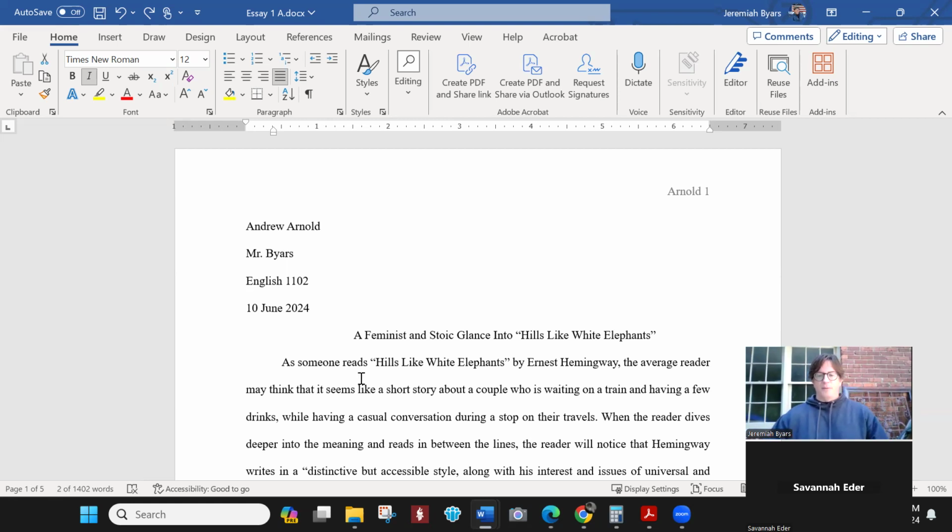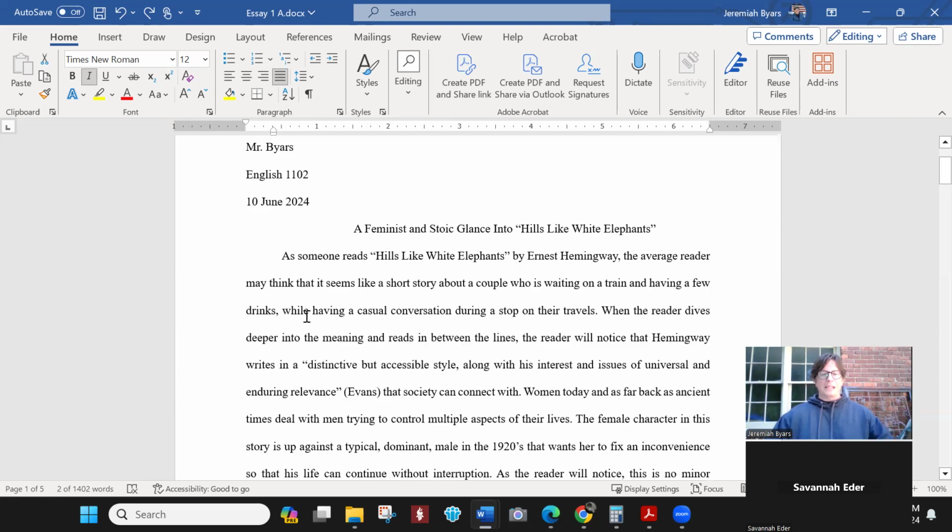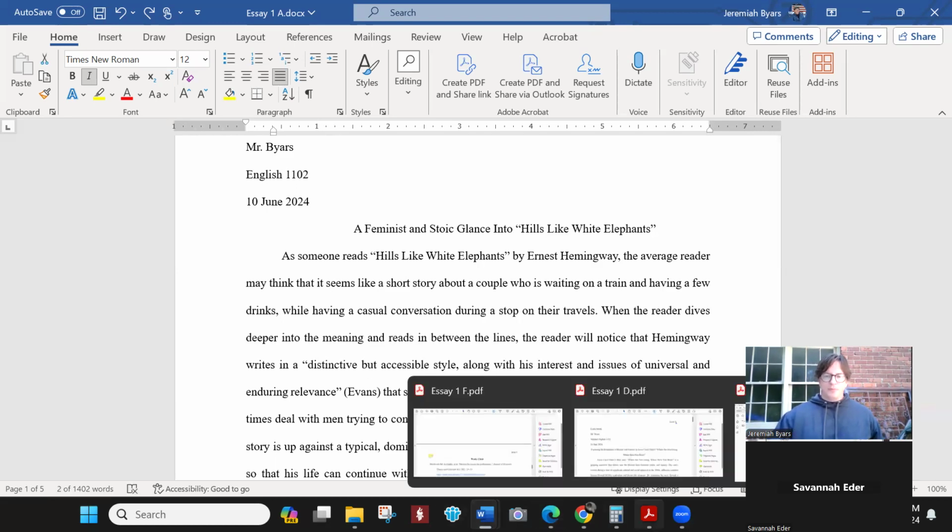And so this paper makes sense, but it's also not written by a computer. I can tell because the language is, I don't want to say basic, but it's just common. It reads like the way a 1102 paper ought to read. So very good. Let's look at